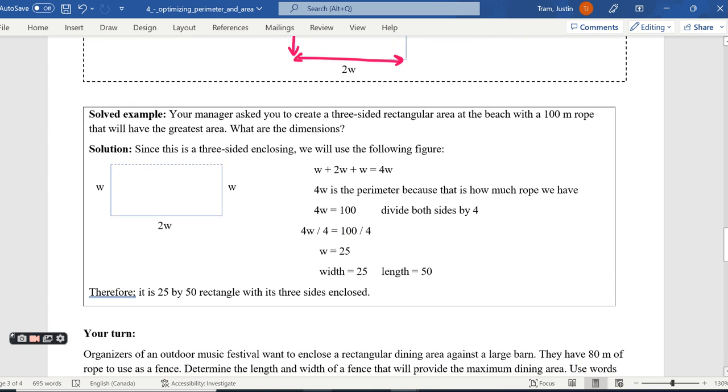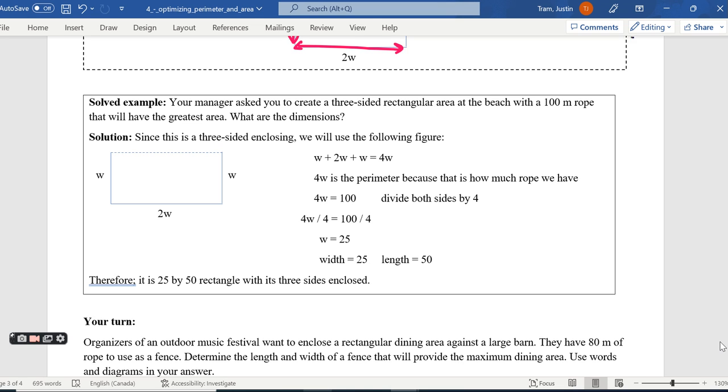Your manager asks you to create a 3-sided rectangular area at the beach with a 100-meter rope that will have the greatest area. What are the dimensions? So we're going to assume that the third side is going to be water. We want the greatest area. I'm not going to enclose the area that's on the water, of course. So since it's only a 3-sided shape,